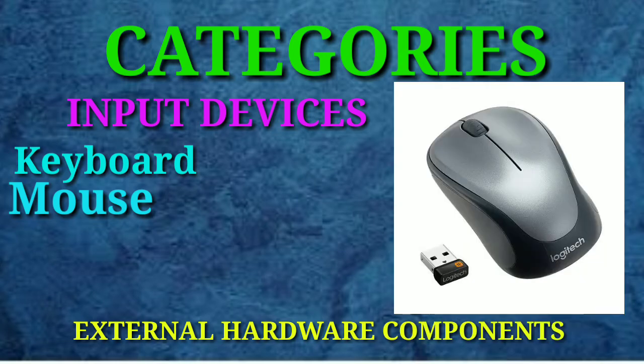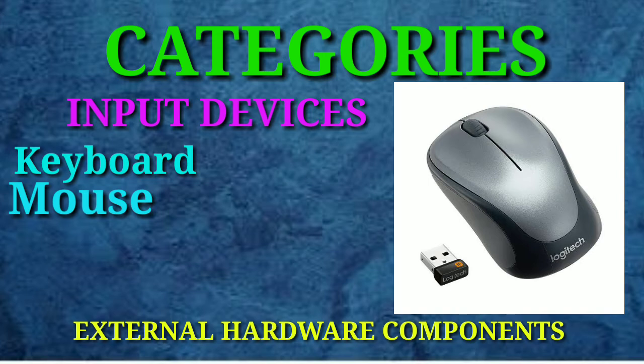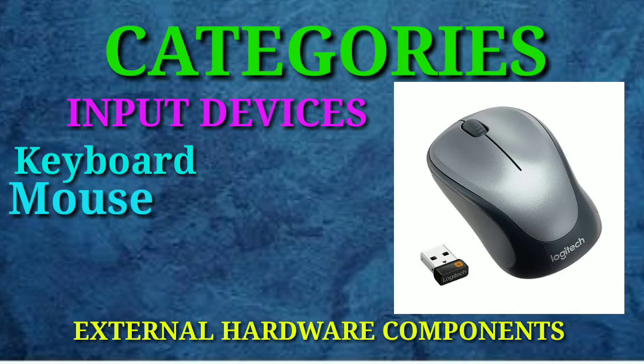The user moves the mouse across a flat surface and presses a button to click. Another type of pointing device is a touchpad. A touchpad pointing device is a touch sensitive pad that is built into a notebook computer and is designed to behave like a mouse. So, a touch sensitive pad that behaves like a mouse is built into laptop computers.